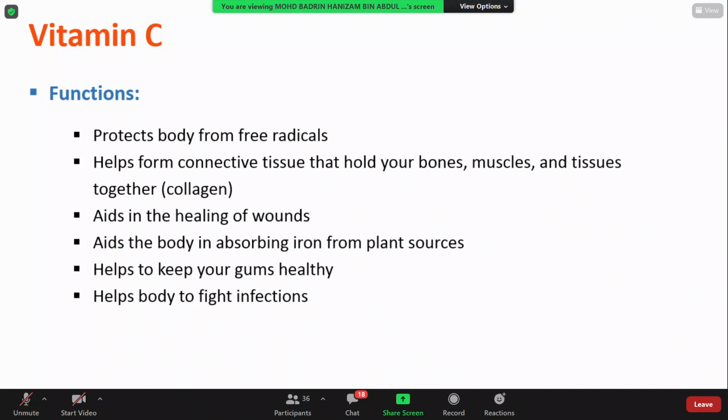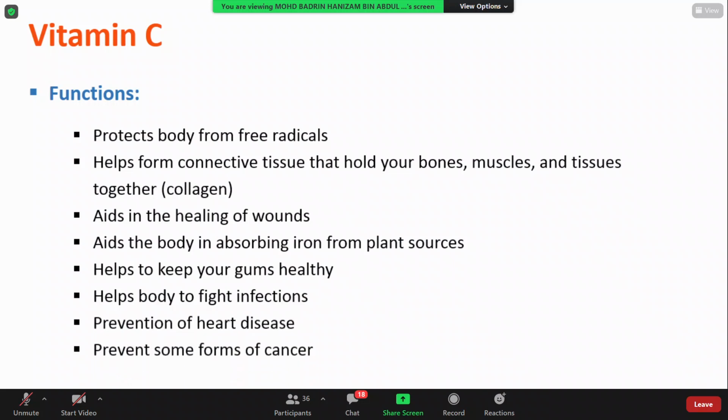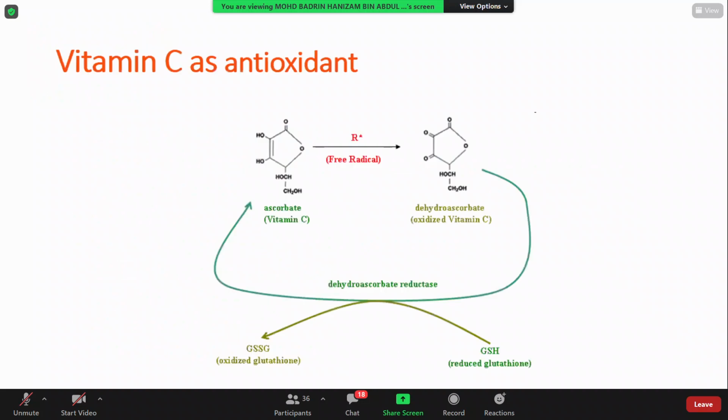And then it helps to keep your gums healthy, and helps the body to fight infections because it's toxic to virus and bacteria, so it helps the body to fight infection, prevent heart disease, and prevent some forms of cancer. So vitamin C as